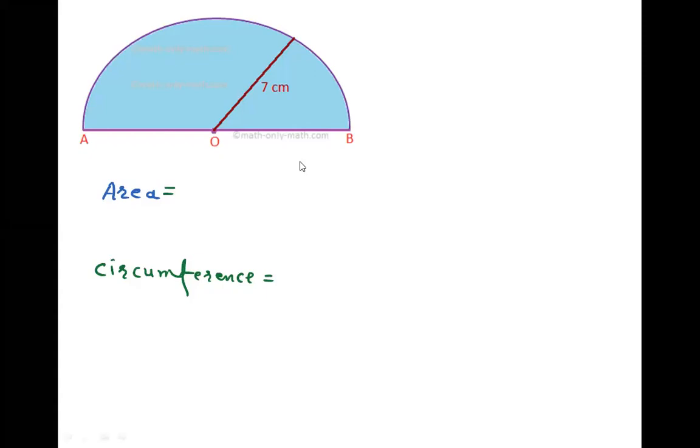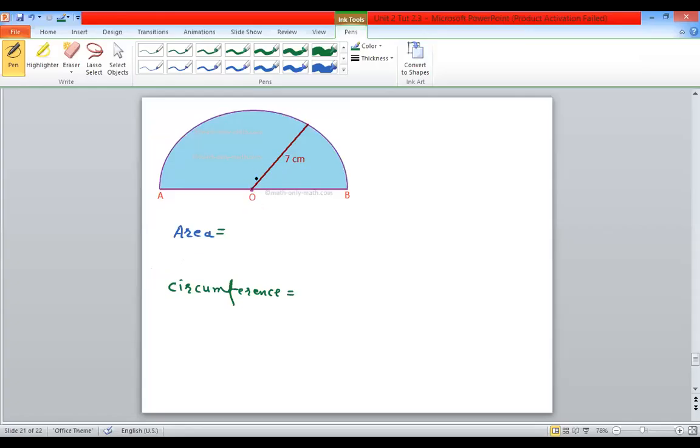Here, the radius is given, 7 centimeter. Center to total distance is denoted by r and r is 7 centimeter. So the formula is pi r square by 2. It's 1 by 2. Pi is 22 by 7. R is 7 square. Okay. Very good. 308 and 50 centimeter. Okay, good.